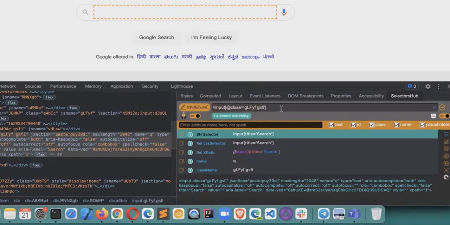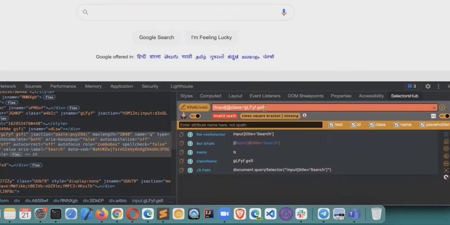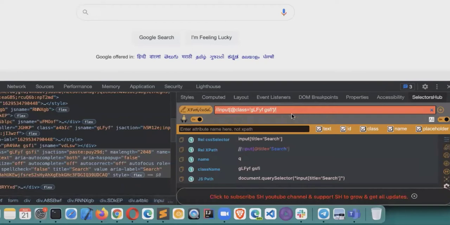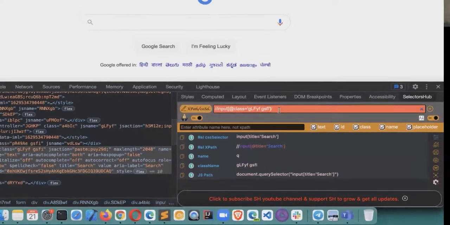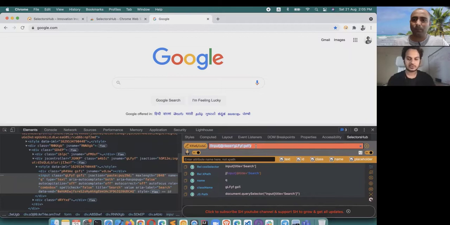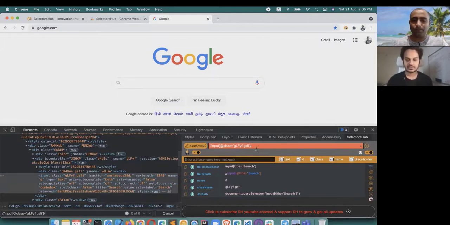And suppose you make any mistake, this is the only tool which gives you an error message like invalid XPath, close square bracket is missing. All those things will help you immediately fix the selectors or XPath, and it will also help you in learning, like add tag name after forward slash. Like a beginner, you don't know how to write XPath, or whether this is the right XPath or not, because if you copy this and paste it in DevTools, it will not show you. It will show you 0 of 0. So this selector tool will help you understand what you are doing wrong. This is how it helps you in learning.